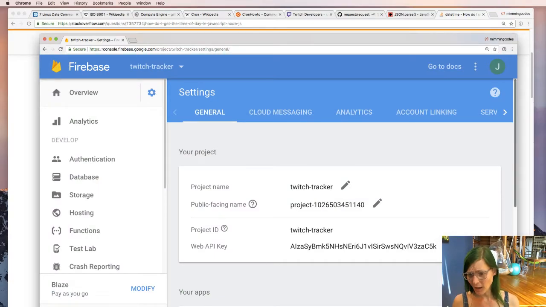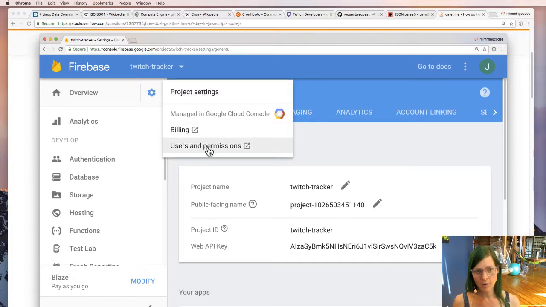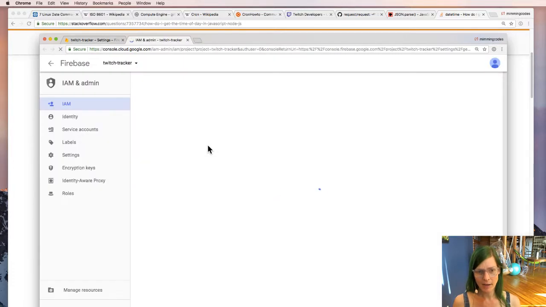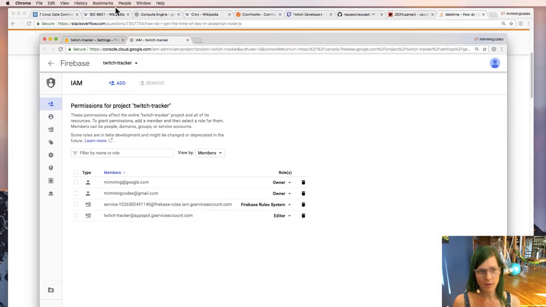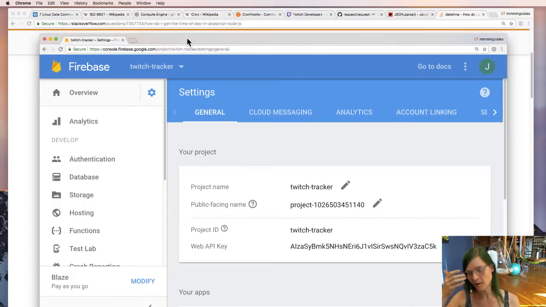Okay, so what I did is I went into the console, and I have another account that can manage the billing. So I went to users and permissions, and I added my other account to this one. And then I logged in as that account, my Google corporate account, and associated it with the billing profile I use. And this is actually one of my favorite features of Google Cloud Platform in general: you can break permissions down by these projects, and then you can set up billing across a whole bunch of different projects. So for a company, you can have different projects for different teams that have different security policies and have separate virtual networking stuff all partitioned off, so that it's easier to control access between them.